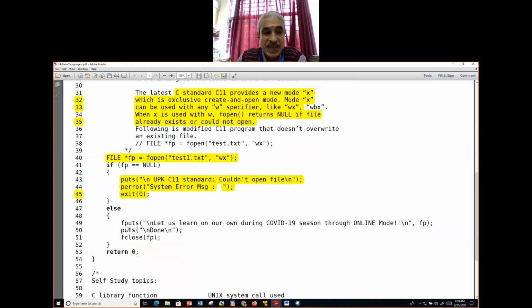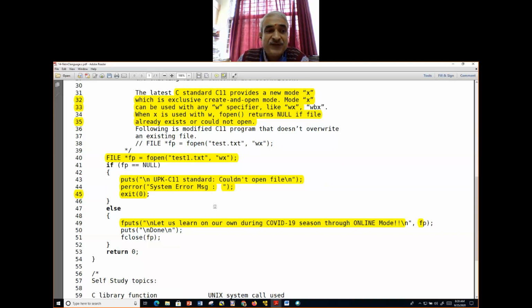All right. Else, fputs, it is similar to your printf. Printf puts a message on the screen. The equivalent is puts. Puts means put string on the screen, similar to printf. fputs, where f is file, puts this string in a file. Which file? Which string? In double quotes, whatever you write is the string. But in which file? The fp, look at that, comma fp.